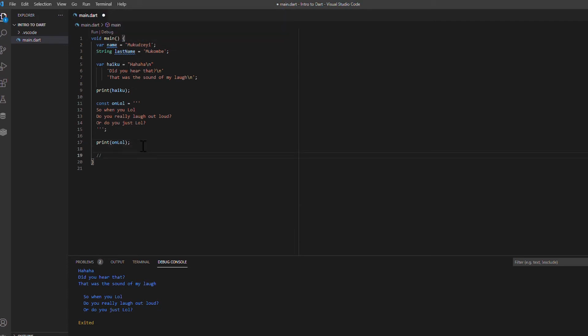Say we want to have Mukudze Mukombe is 34 or something years old. We already have the name and last name, so let's just quickly create the age. And now we print